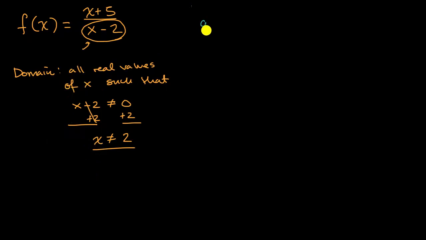Let's do another example. Let's say that we're told that g of x is equal to the principal root of x minus 7. What's the domain in this situation? What's the domain of g of x? Pause the video and try to figure that out. Well, we could say that the domain